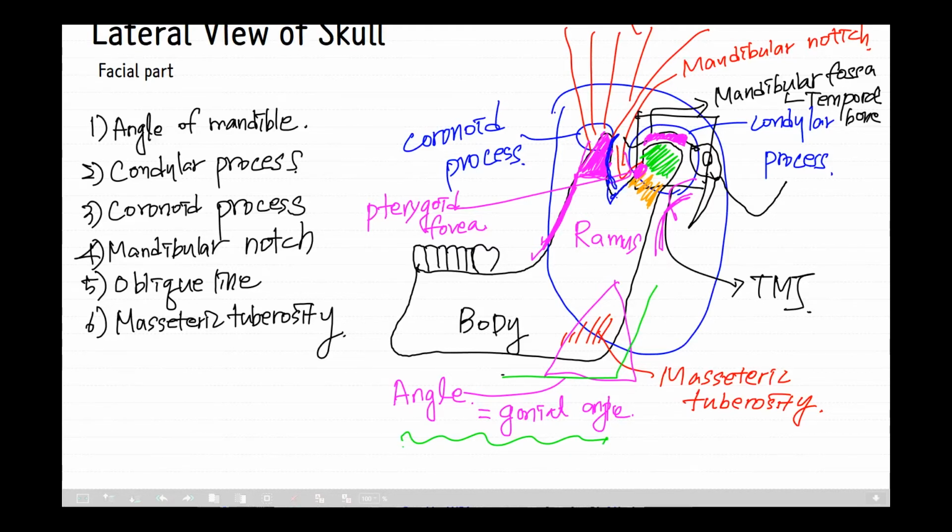The next, mandibular notch. The mandibular notch is the upper border of the ramus of mandible. It is thin and surmounted by two processes, the coronoid process anteriorly and condyloid process posteriorly, as I said, separated by the deep concavity. This deep concavity is the mandibular notch, or sometimes it is called the sigmoid notch. It allows the passage of the masseteric nerve, which is one branch of the mandibular nerve, division of the trigeminal nerve, and the masseteric artery and vein.